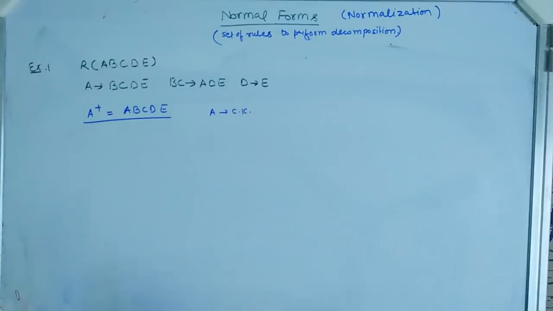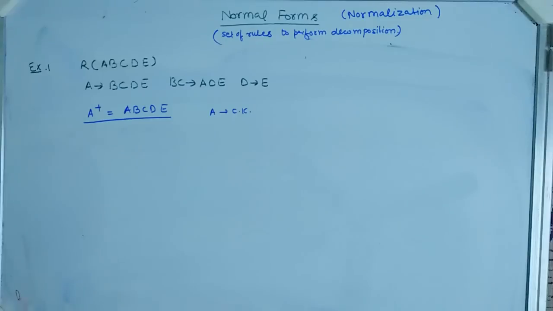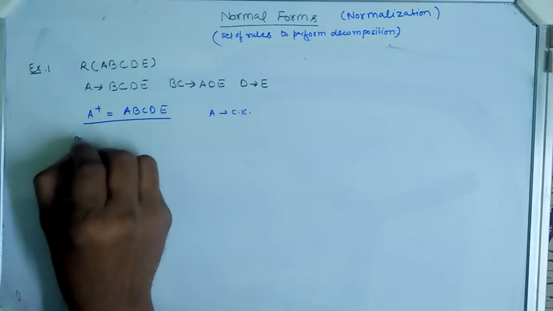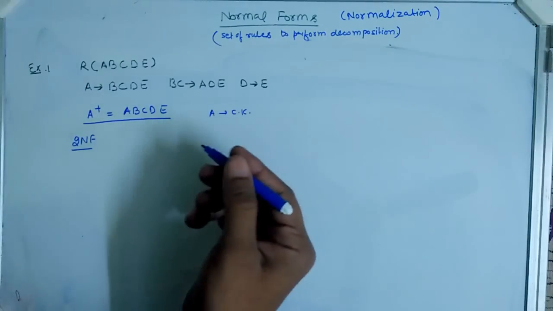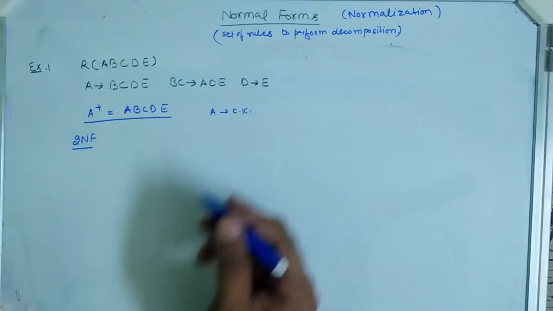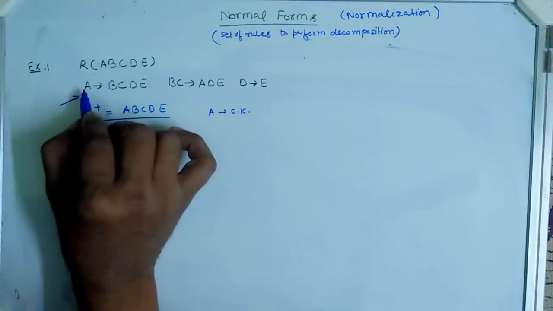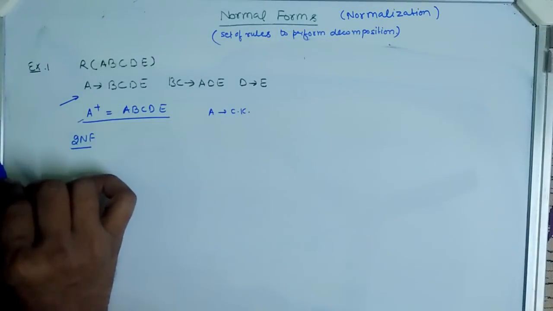Now the proper subset of A is nothing, so there is no chance that any functional dependency contains a partial dependency in your relation. So I can claim that the relation is in second normal form. The second thing remaining now is to check whether there is any transitive dependency present or not. So for transitive dependency, I need to check whether A is a candidate key or not. Yes, this is a candidate key, so it is satisfied.